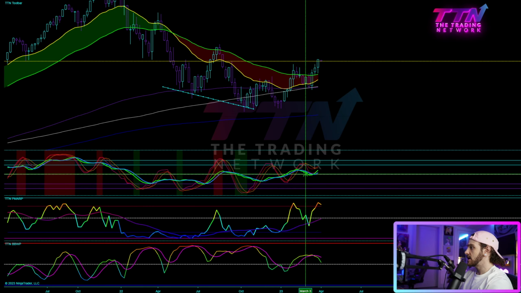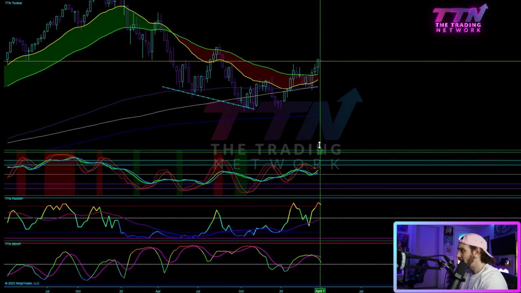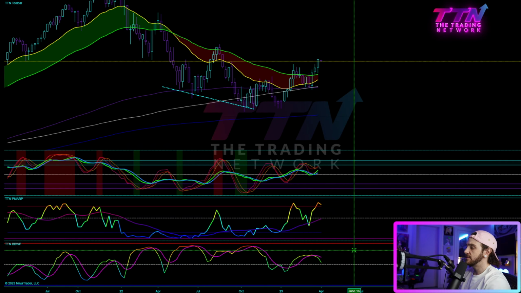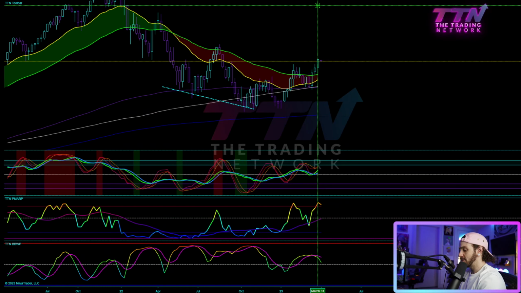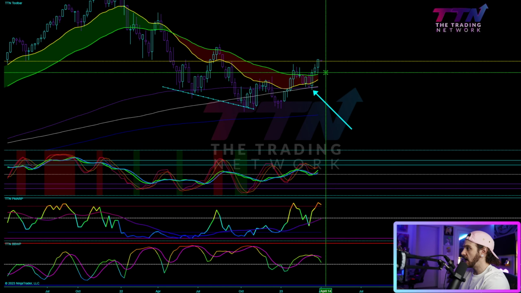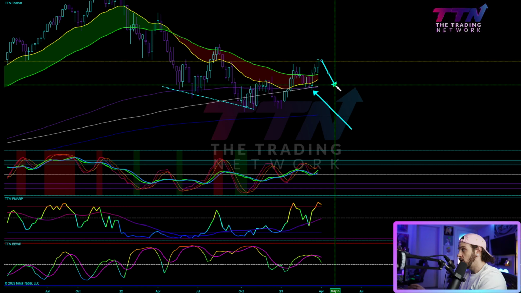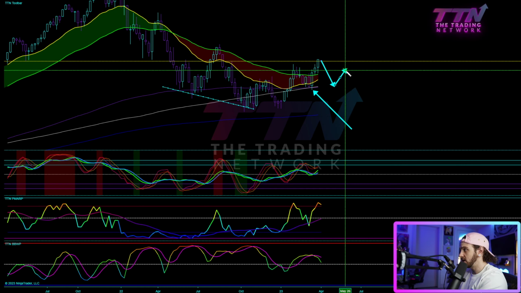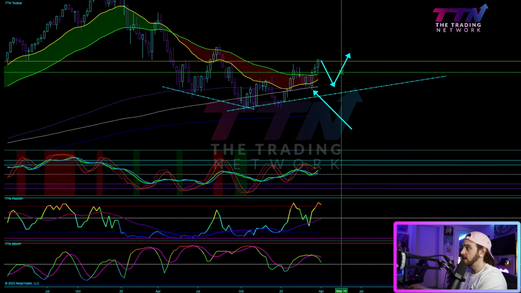We have the oscillators now looking like they're catching a bit of support on the 50 level on the weekly chart. We have volatility contracting, which is a bit inconclusive, and we have the PMARP curling and crossing to the downside. So that could signify a bit of a pullback, but I want to be clear that unless we break this low at like 11,780, we are still macro bullish. So we could come all the way back down, over 1,000 points. I want to be very clear. We could come back down over 1,000 points and still be bullish. We could come all the way back here, put in a higher low, and then continue, and we'd still be in a weekly macro uptrend. So I just wanted to point that out.